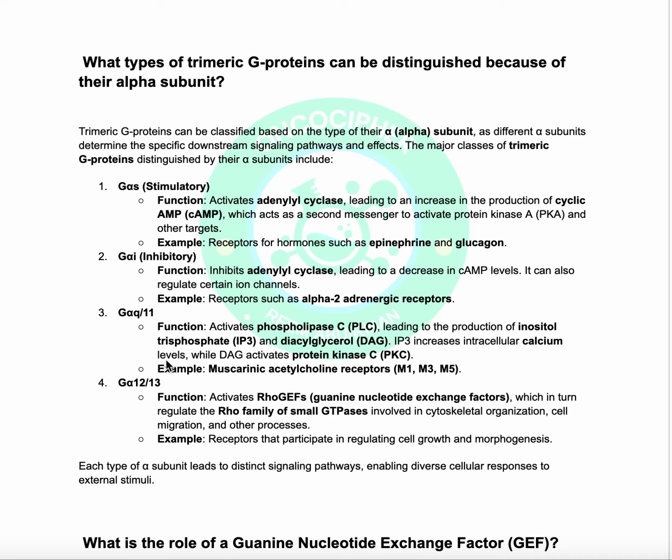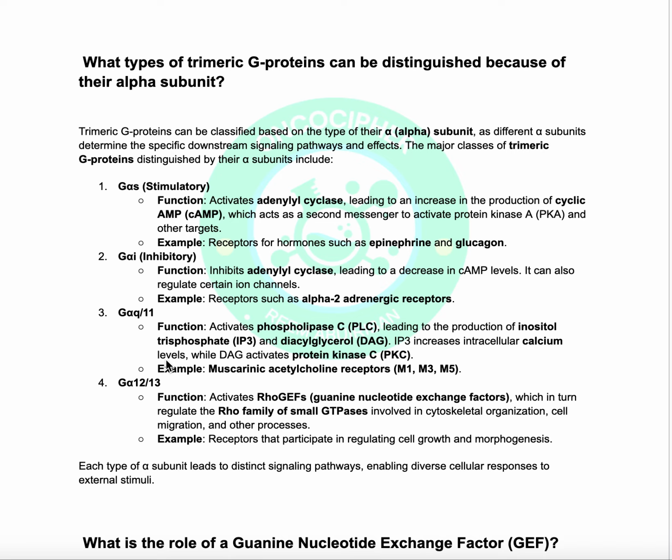So, about the G alpha Q11, I don't know actually why they called it Q and 11, and maybe we have to read the history of the discovery of this protein. But the G alpha Q11 activates the phospholipase C, and the activation of phospholipase C leads to